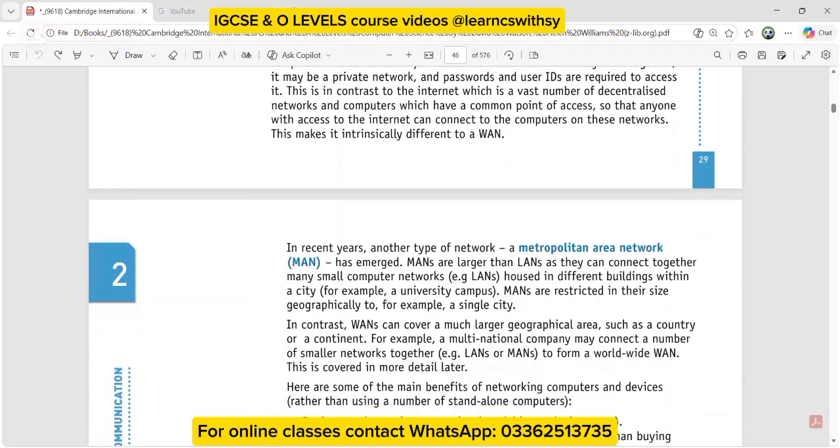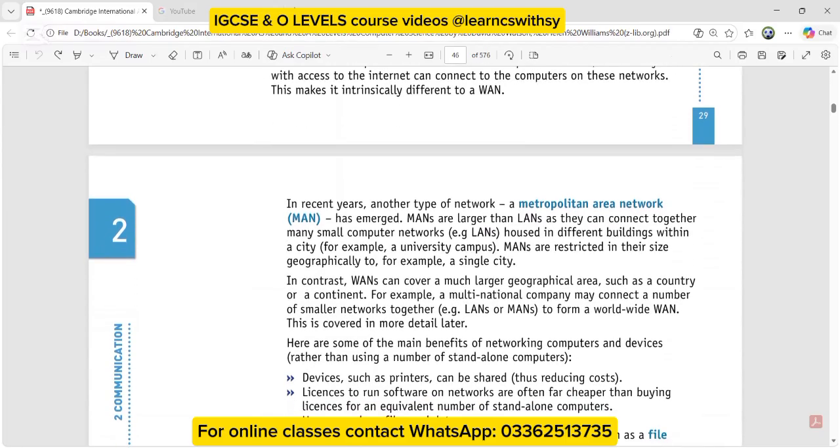And in between, we talk about the term MAN also, Metropolitan Area Network, which is within a city and which is bigger than a LAN and smaller than a WAN. For example, if I am in one city and you are in the same city, then we can say it is a Metropolitan Area Network, or MAN. And if you are in a different city or country, or on a different continent, then that is considered to be a WAN, or Wide Area Network.